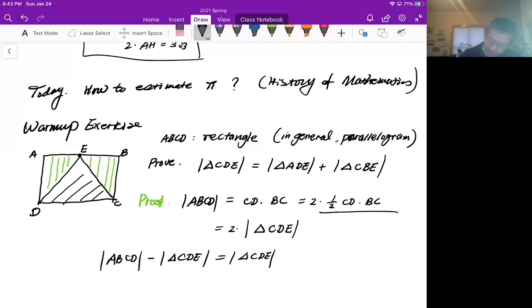But what is this? These are just the green triangles, the sum of the two green triangles. So this is the area of ADE plus the area of CBE, right? So far so good. So that's easy. Okay,